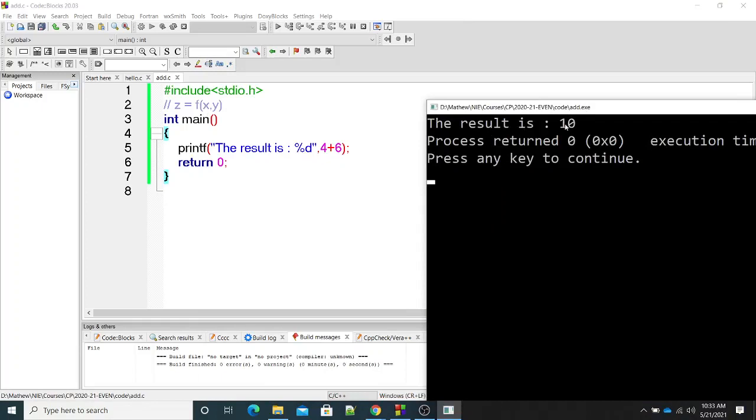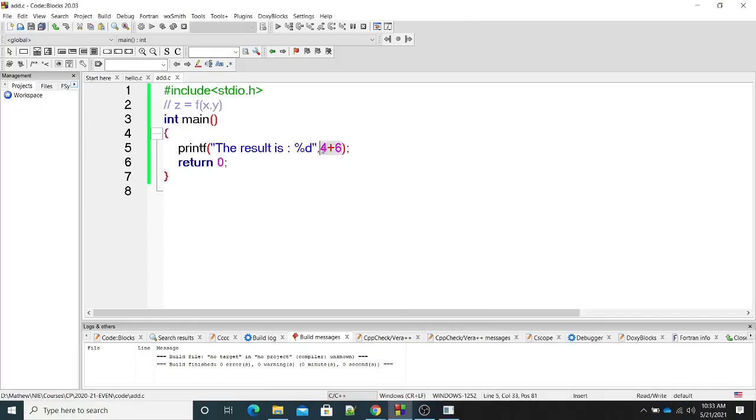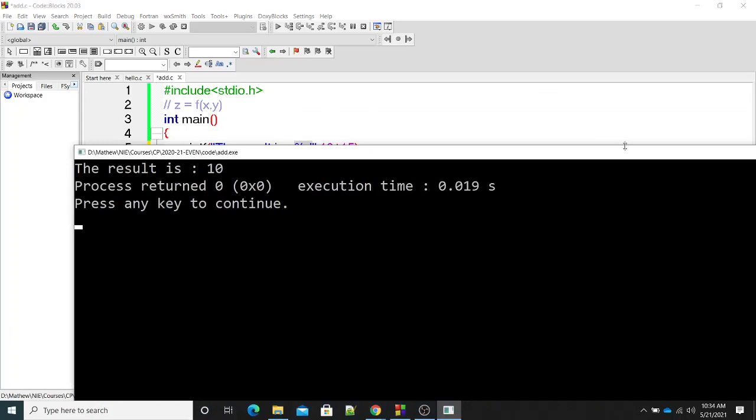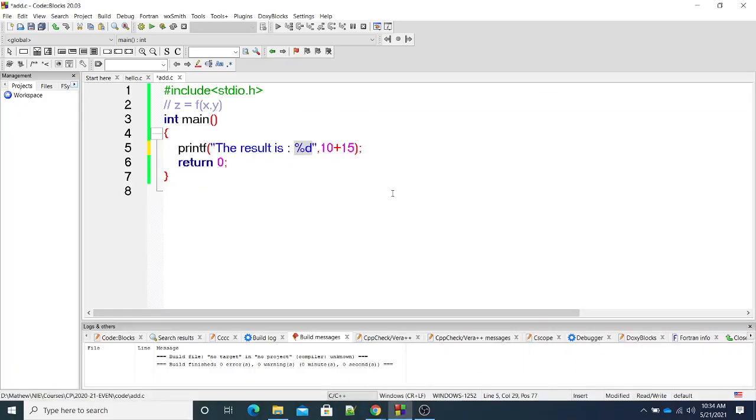So instead of %d, some number has come. How that number is obtained is by evaluating the second input. Second input happens to be an expression. If it is a constant, that will be simply replaced in place of %d. If it is an expression, that will be computed and that is replaced in this position. Okay, this is how we can perform a very simple addition operation. Very simple, but it will add only the same numbers every time.